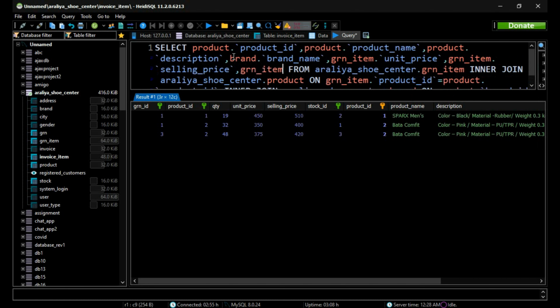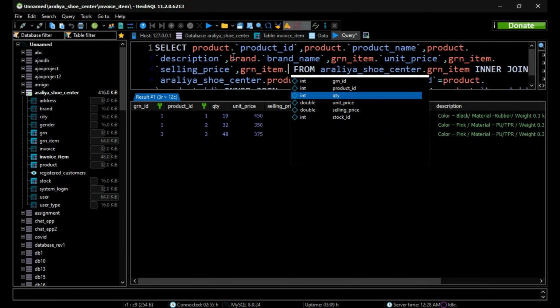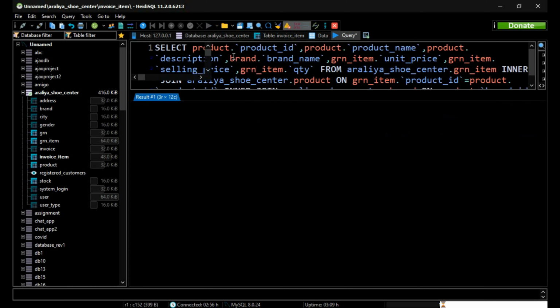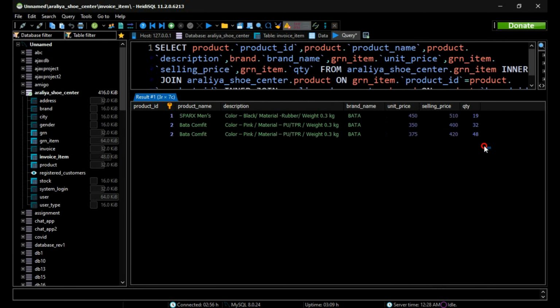GRN underscore item dot, we need the quantity also, and yeah, that's it. Okay, once we run this, we get only this result. We only need these details. So then finally we are going to